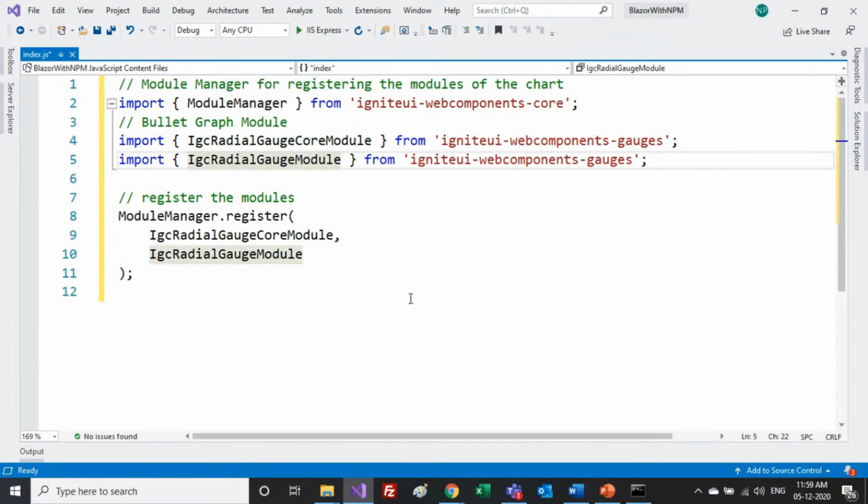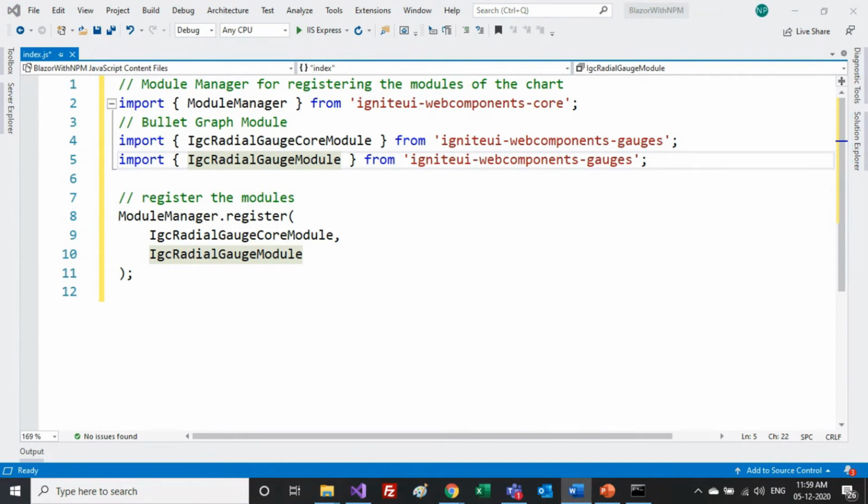You will find this script over on the Infragistics website in the official documents. And not just this, you can use any other npm package directly in your application, simply using the same approach that I'm going to show you. Once you do that, it will load all the dependencies at runtime in your application.